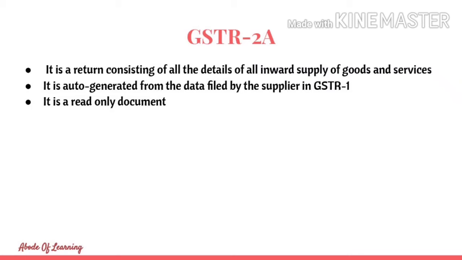So when you check your GSTR2A, that invoice will be reflecting in your return. This will be very useful when you are cross-checking your records with different suppliers. You might know what invoices are missed, what invoices are to be filed, is there any difference in the tax, did they account all the debit notes and the credit notes, did you account all the debit notes and the credit notes. It's really helpful. So this is basically auto generated data from the supplier's GSTR1.